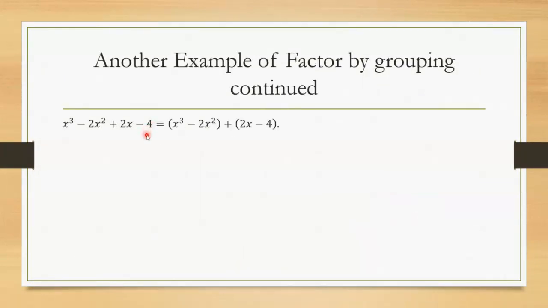Now again, as you can see, it's a polynomial with 4 terms. So we're going to use factor by grouping. Now, how do we do that? Remember what we have to do next then is